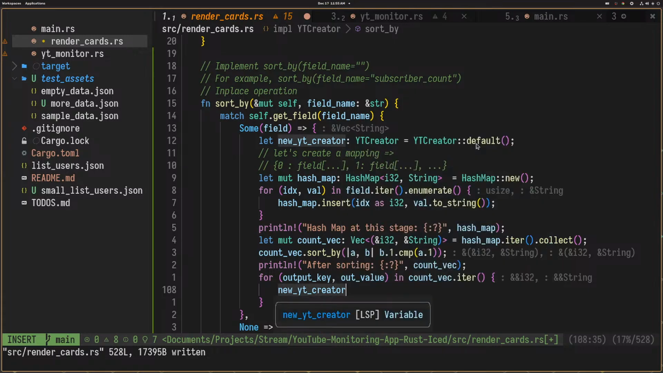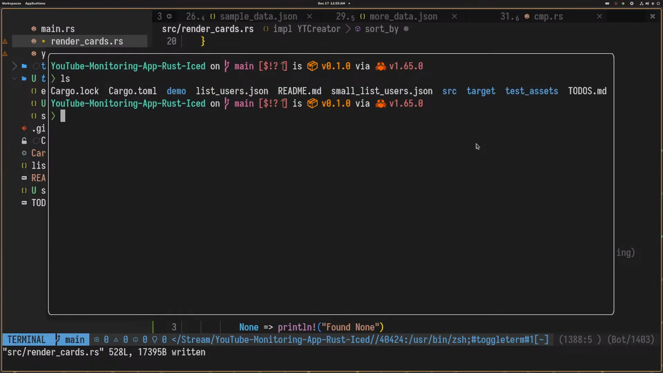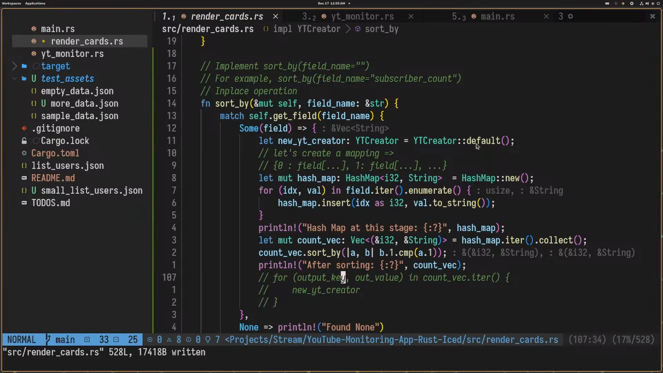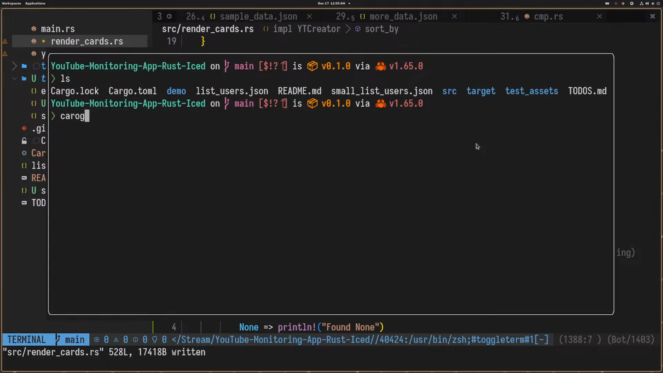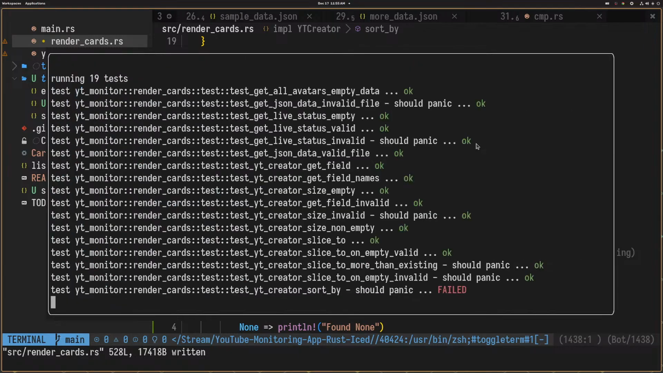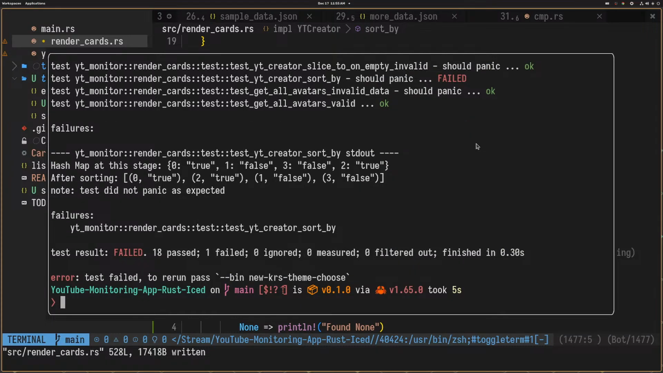Okay, so we have output key over here, right? So if you notice, I need to print it again. I forgot what was the output key. Right, so we have 0 true, 2 true, 1 false and 3 false, right? This is good. It's not bad, it's good. But the point is,